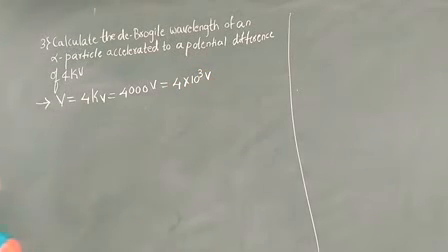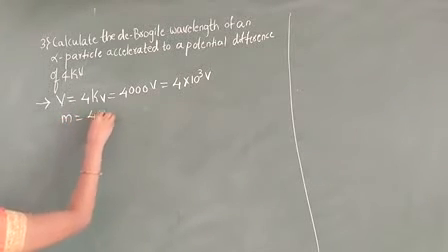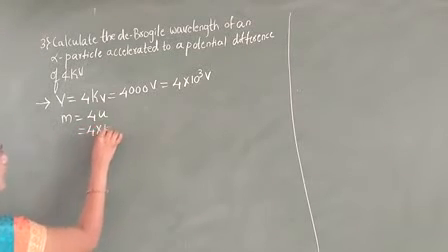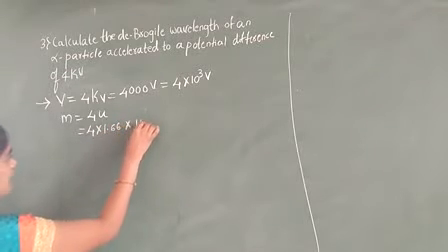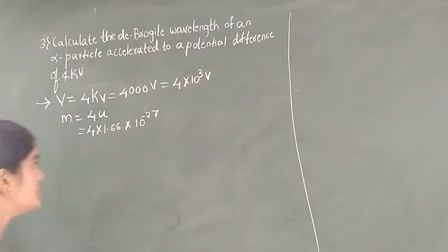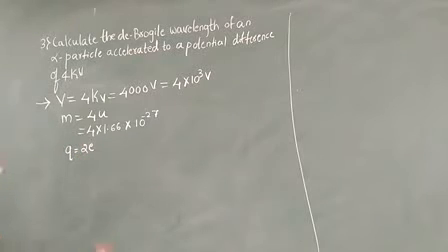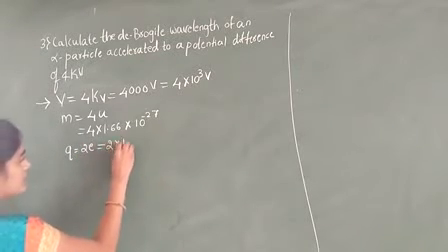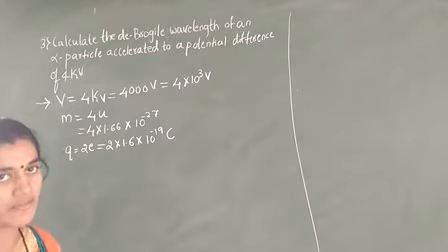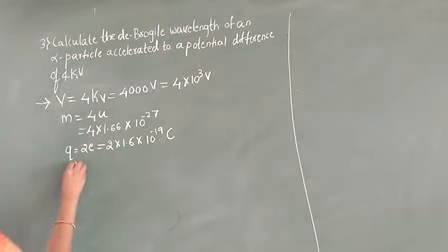The value of the V. Next, here we are considering M is equal to 4 u. Now, the value of the u we are considering as 4 into 1.66 into 10 raised to minus 27. Now, we know that Q is equal to charge 2 times of e, and the value of the e, 2 into 1.6 into 10 raised to minus 19 coulomb. We got the value of Q, M and V. Here we have to find the lambda.